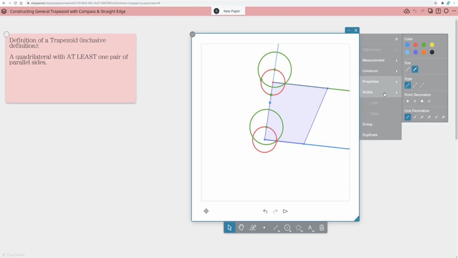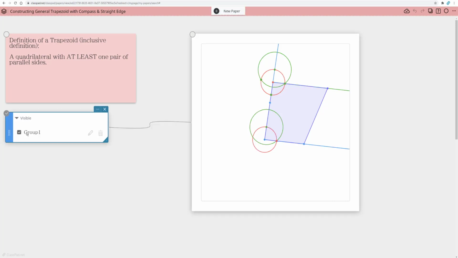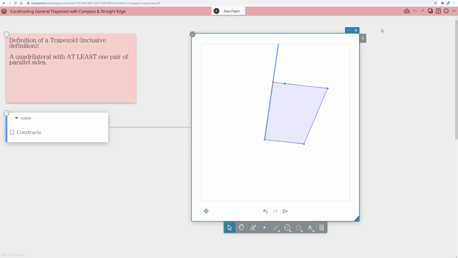And in ClassPad, you can go to Visible and hide the objects, or you can go to Group and it will hide them as a group, which is something I like to do because I'd like to maybe bring them back if students are having trouble, so we'll just call these constructs. And so if I unclick, they all go away. Oops, I forgot one. And so let's just hide that one. Oh, I forgot another one. There we go. So now I have my trapezoid that I can explore.